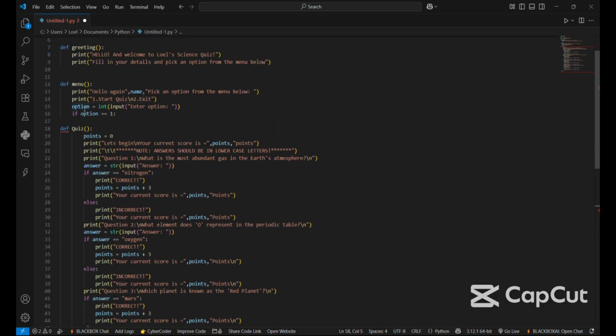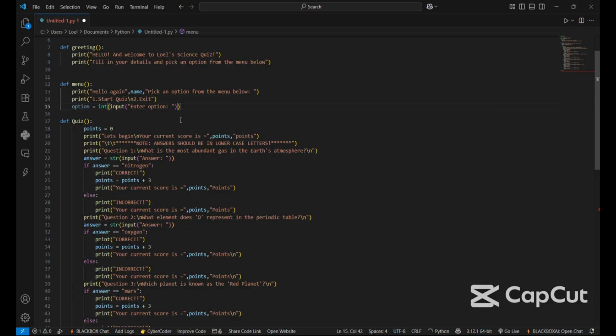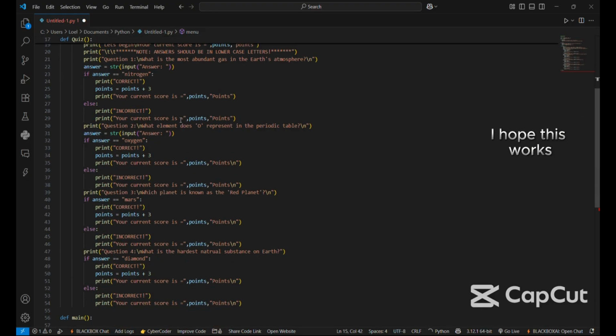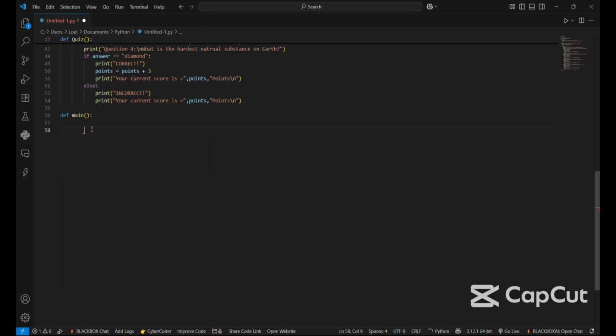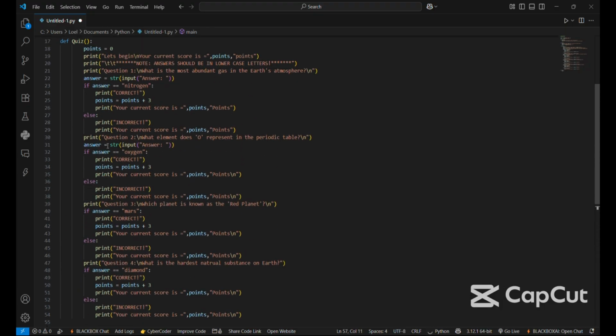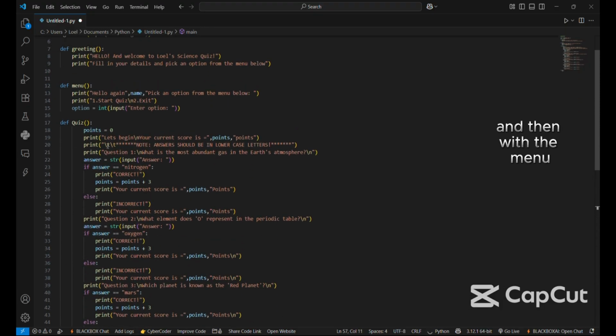Okay, we define this. We then, I'll just remove this. I hope this works. Main, right? We say menu first, and then with the menu,